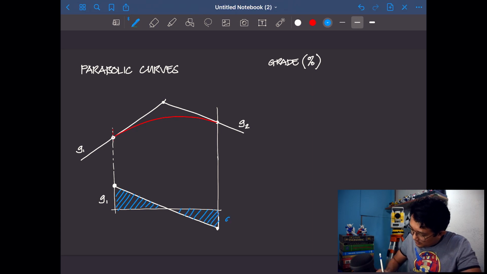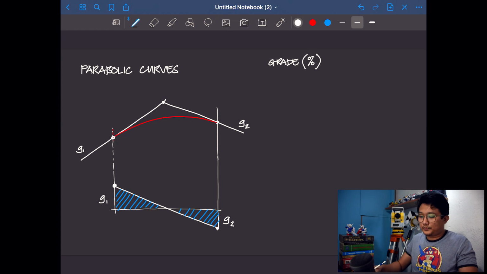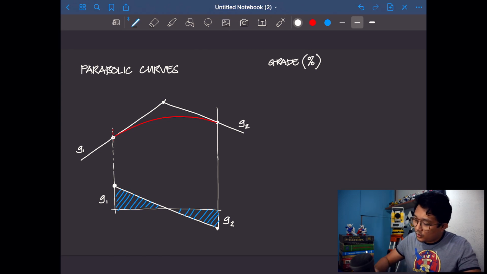And I forgot to write here, this is G2. Alright, so that's your grade. Now, the next element that we are going to look at is the length of the